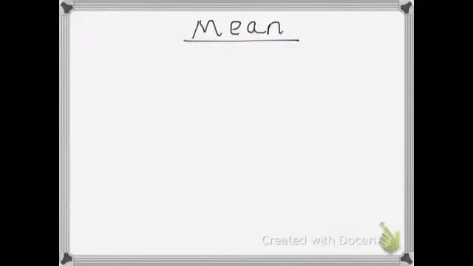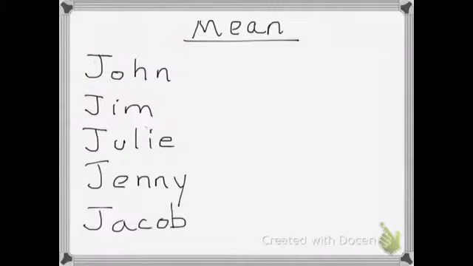Now, an example of solving for the mean would be, let's say there are several students in the class that have and don't have bracelets, and we're collecting to see how many students had bracelets in the class. So you would list the names, and after you listed the names, you would list the number of bracelets that each student has. So in this example, we can say that Johnny has 3, then Jim has 5, then Julie has 1, and then let's just say that Jenny